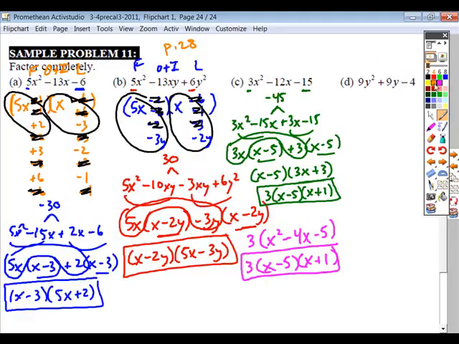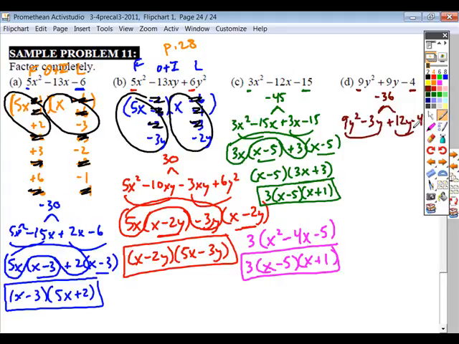So if I use the process of rewriting the middle term here again. So I take my leading coefficient times my constant. 9 times a negative 4 is negative 36. What two factors of negative 36 have a sum of positive 9? Negative 3, positive 12. So if we rewrite our middle term as that sum, drop down our first and last term,